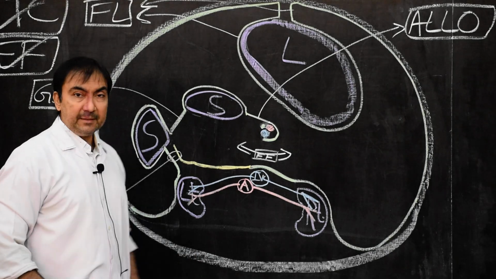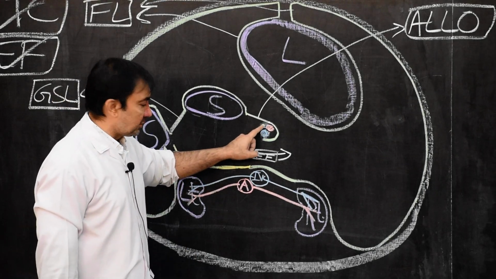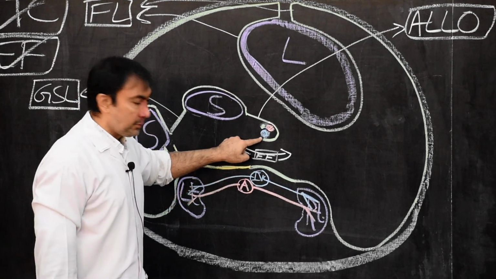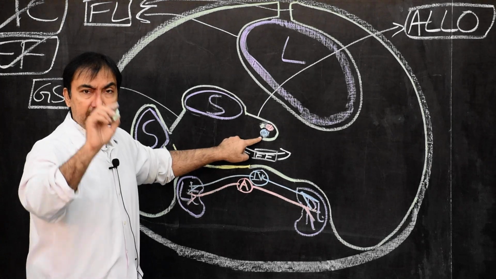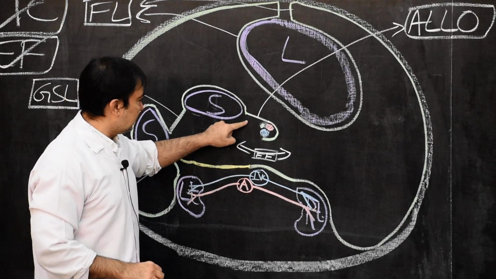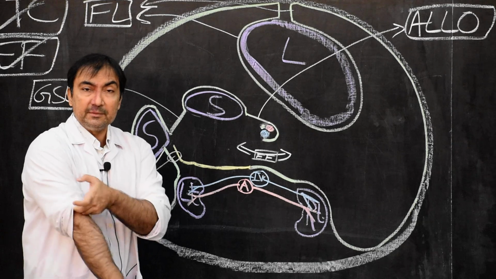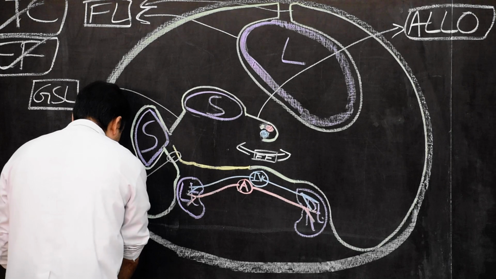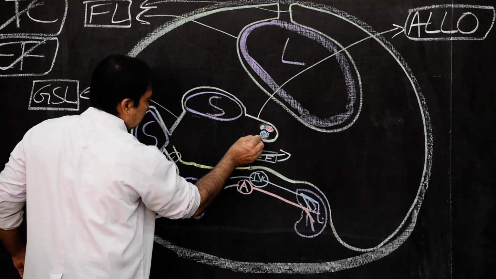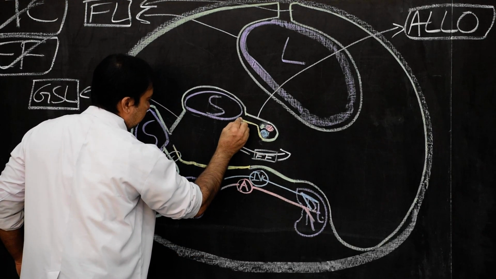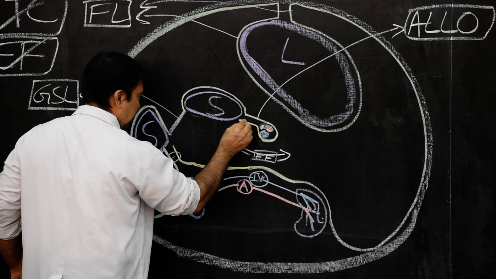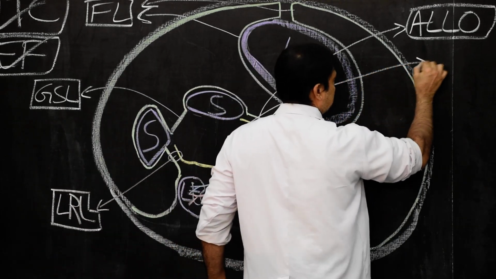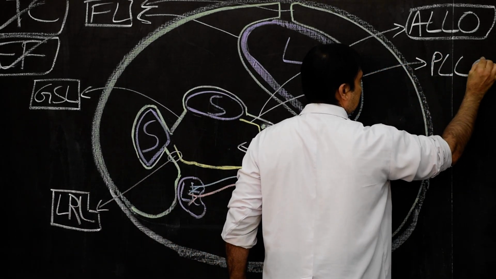As it forms the right free margin around these three structures, portal vein, hepatic artery and bile duct, at this particular point, it will become continuous with the posterior layer of the lesser omentum. Now change of color, this will become the posterior layer of the lesser omentum. So here it becomes continuous with the posterior layer, and we shall name this as the posterior layer of the lesser omentum.